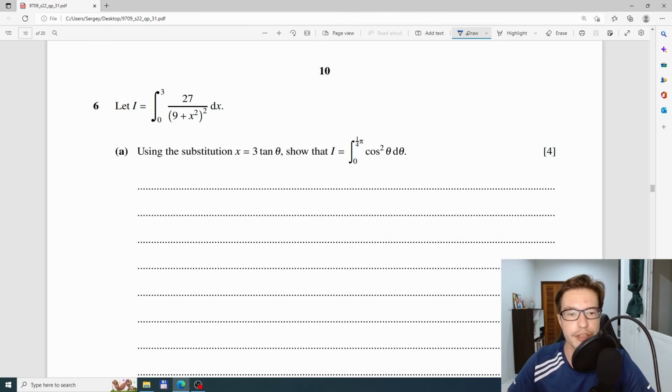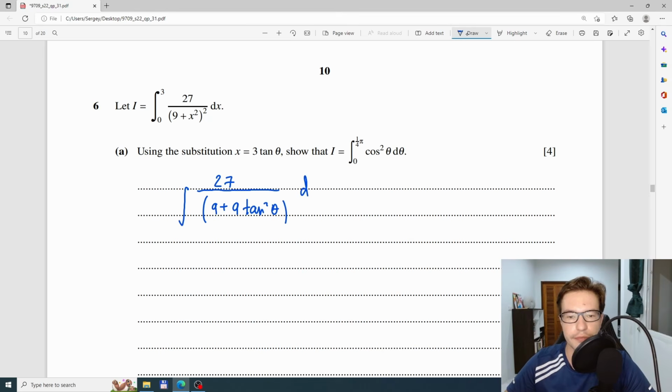We got question 6, and it's about integration by substitution. So that means we'll have to rewrite the original integral in terms of another variable theta. Let's start. So we're going to have the integral of 27. I will start by replacing x with 3 tangent theta. So I got 27 over 9 plus 9 tangent squared theta